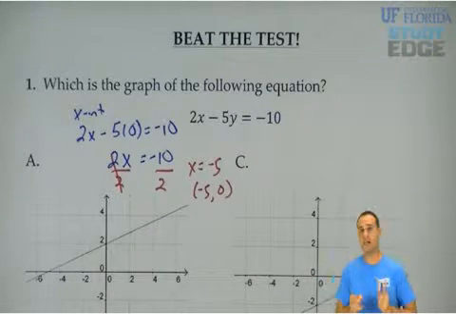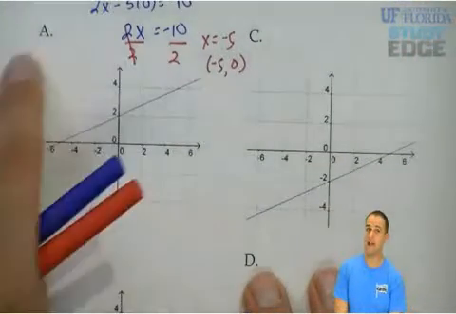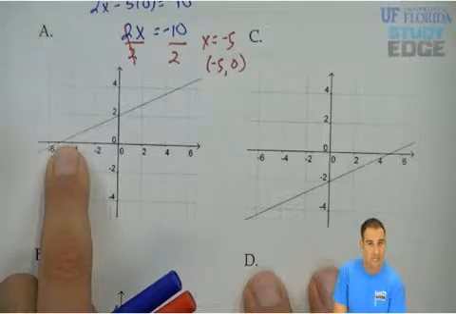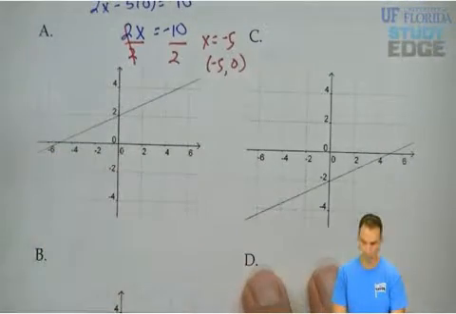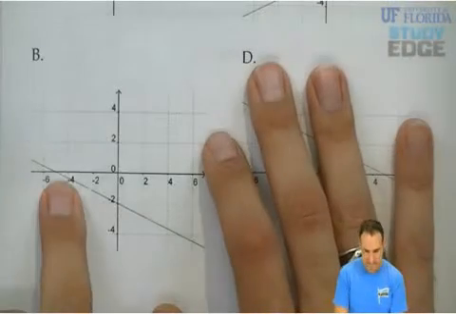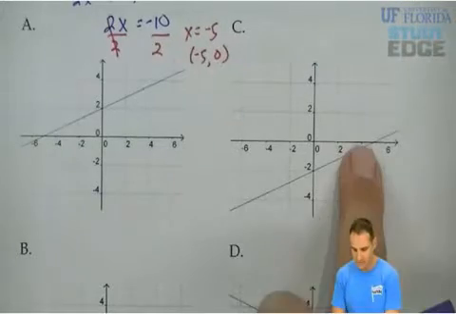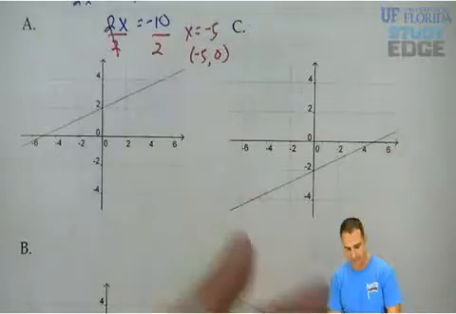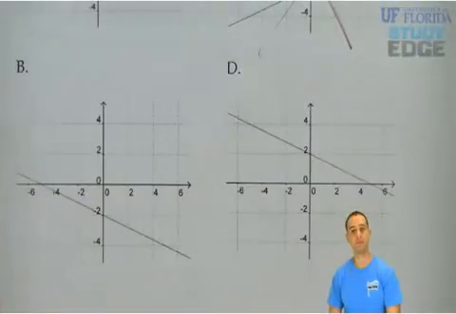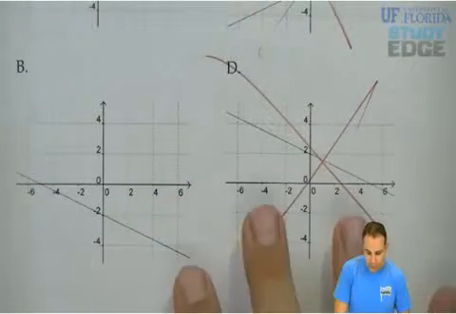So let's see if we can narrow down some answers here. Answer choice A. Be very careful with these graphs. It is between negative 4 and negative 6 for the x-intercept, which would be negative 5, which means that A, we're going to keep for now. B also has an x-intercept of negative 5, but C has an x-intercept of positive 5. That one is out. And D also has an x-intercept of positive 5. That one is also out. So all we're left with now is choices